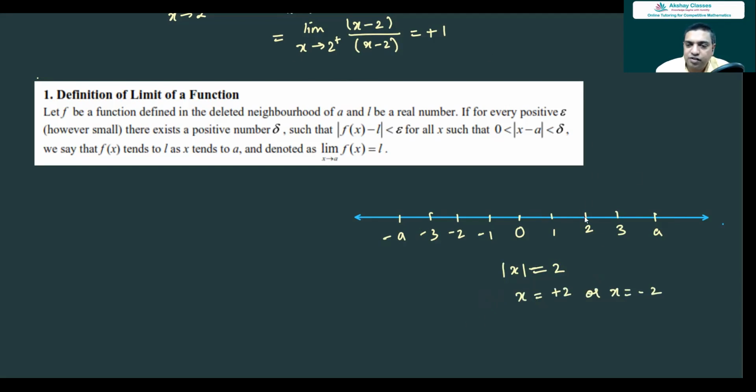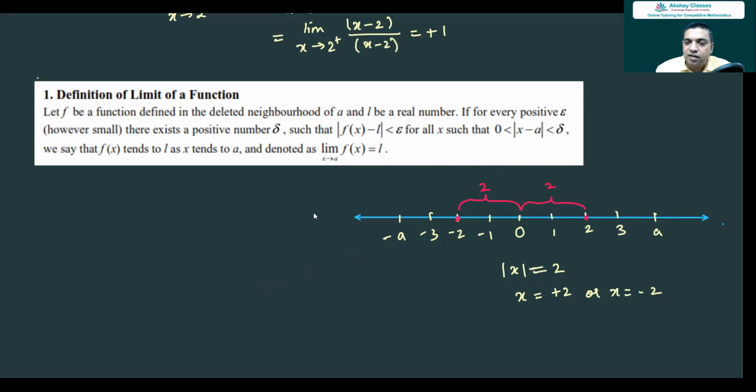So it represents these points. So mod x can mean, you can take it as the distance of this point from the origin, which is 2. This distance is also 2. So mod x refers to that point which is at a distance from origin. And what is that distance? Mod x equal to 2 means that distance is 2. So you get 2 points, 2 and minus 2.